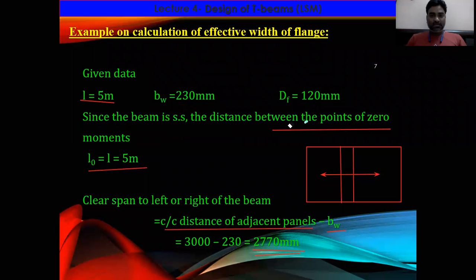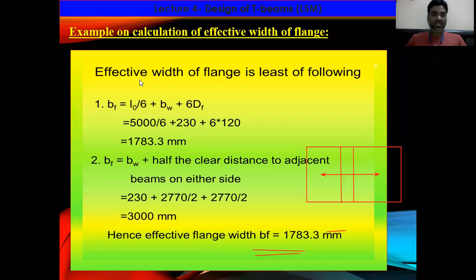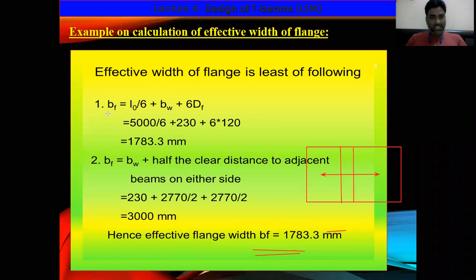So next, the effective width of the flange is nothing but the least of the following. One is, effective width of the flange equal to L naught by 6 plus BW plus 6 into DF. If you substitute the values, that is 5000 by 6 plus 230 plus 6 into 120, you get